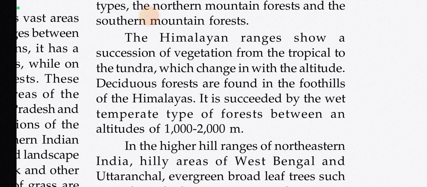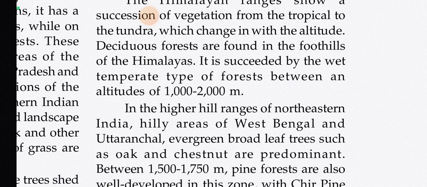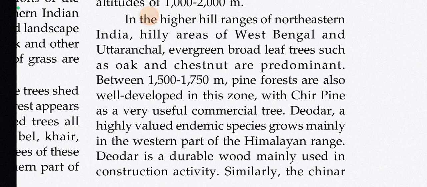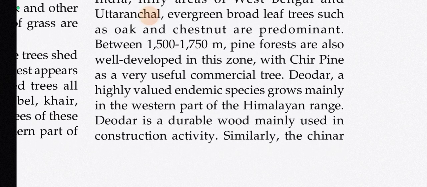It is succeeded by the wet temperate type of forest between altitudes of 1000 to 2000 meters. In the higher hill ranges of northeastern India, hilly areas of West Bengal and Uttaranchal, evergreen broad-leaf trees such as oak and chestnut are predominant. Between 1500 to 1750 meters, pine forests are also well developed in this zone, with chir pine as a very